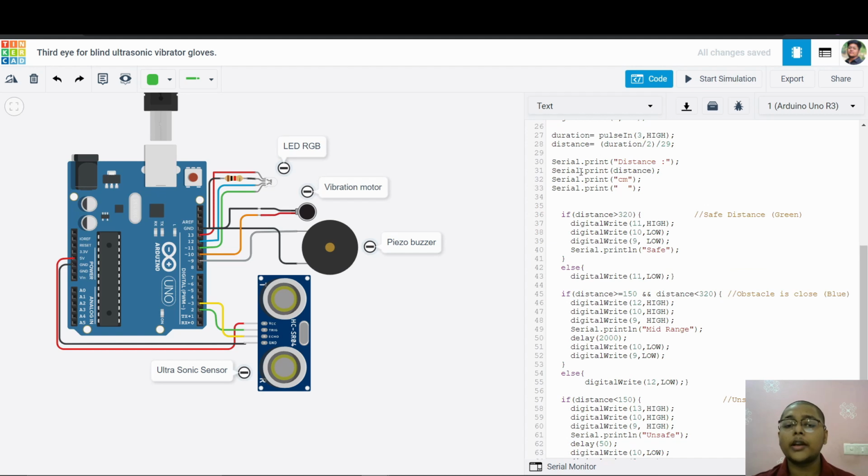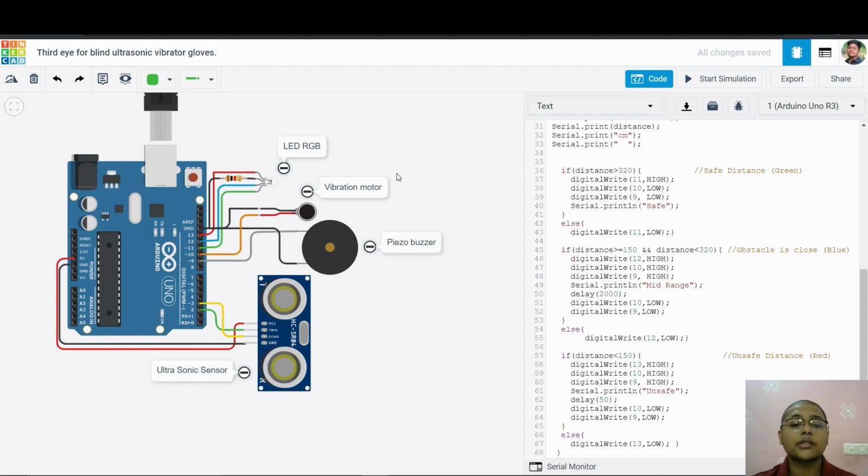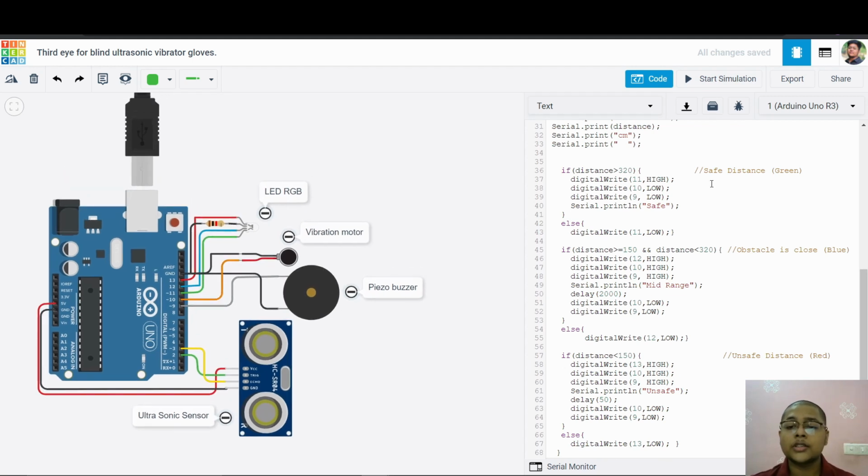Okay, now we are printing that distance on our serial monitor using the Serial.print function, in centimeters. Now our main thing is, if the distance is greater than 320, then our RGB light will show green, pin 11 is for green.